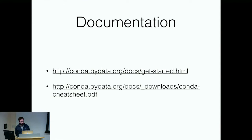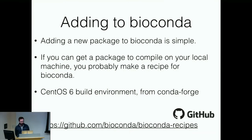we'll get to that. So documentation is online too. If you Google Conda get started, there's also a 2-page Conda command cheat sheet. So Conda is great for installing software, but for people like us who create software, it's also a great way to distribute applications. So if something doesn't exist, it's easy to make a recipe for it. Python packages are trivial to add. There's a Conda skeleton command where you just say conda skeleton pypi, then the package name, and it will make the recipe for you. And then compiled packages aren't usually more difficult than the commands that you'd use to compile something manually. There are a few gotchas,